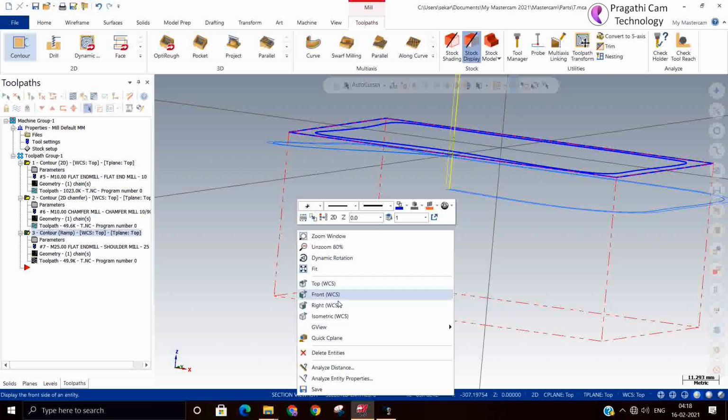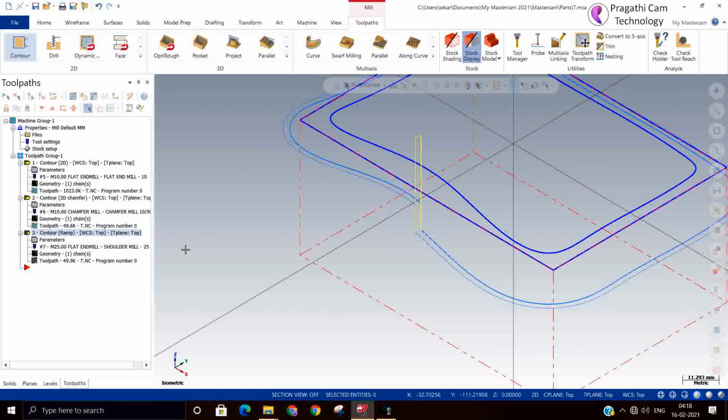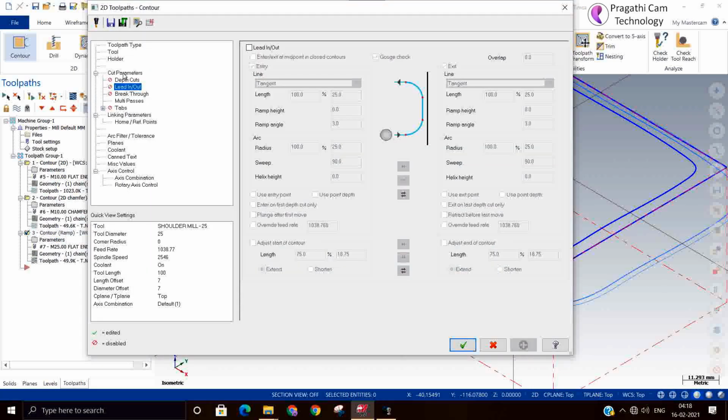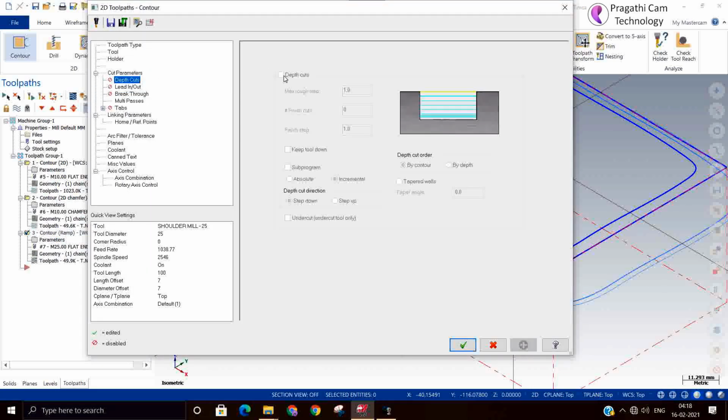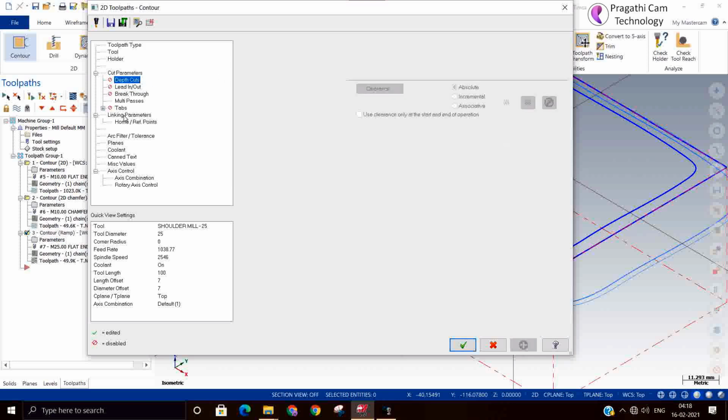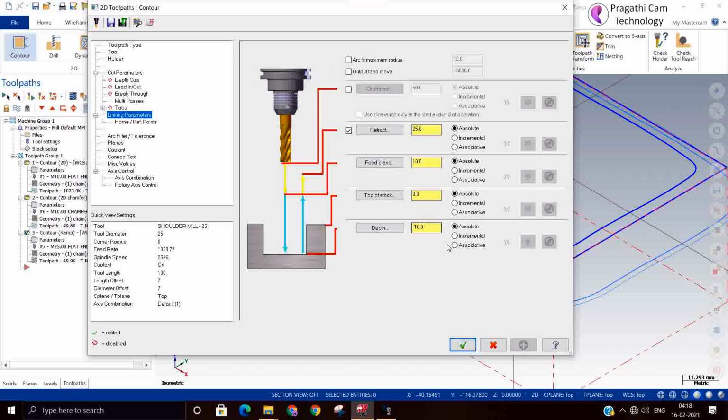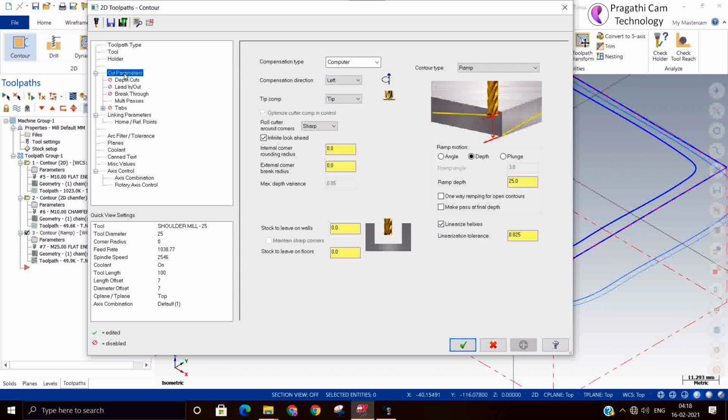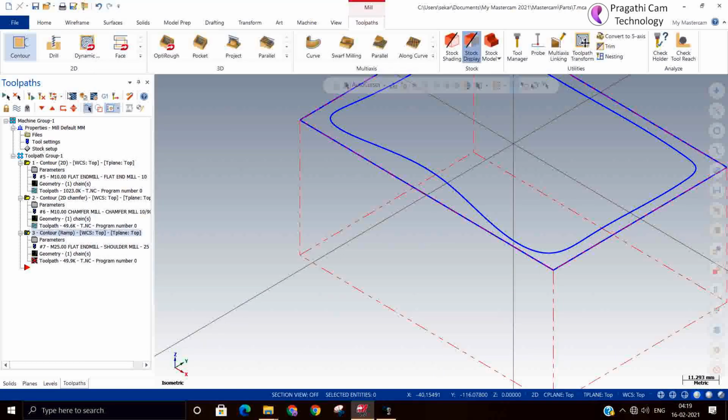This is not right. I will see. This is wrong. I think depth is wrong. I will keep 0.1 or 0.2.